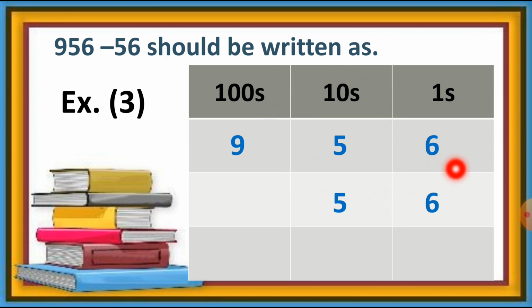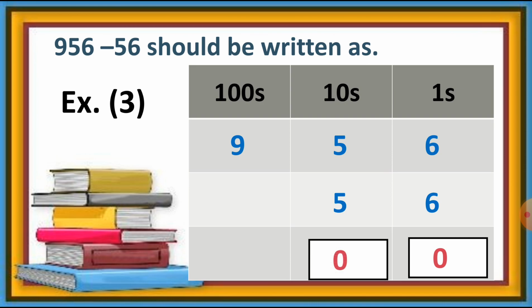Now we can subtract the sums. We start with the ones column. Here 6 minus 6. These are equal numbers, and I repeat this, whenever you are subtracting equal numbers, you will get the answer 0. Now again we are subtracting equal numbers. So 5 minus 5 is equal to 0, and there is no digit to cut from the 9. So 9 will be 9. So the answer of this sum is 900, and don't forget to put this sign which indicates the subtraction.